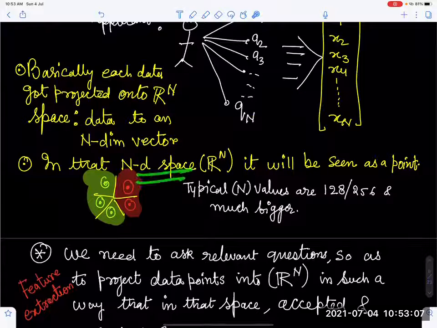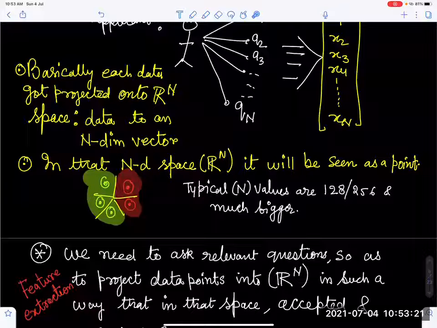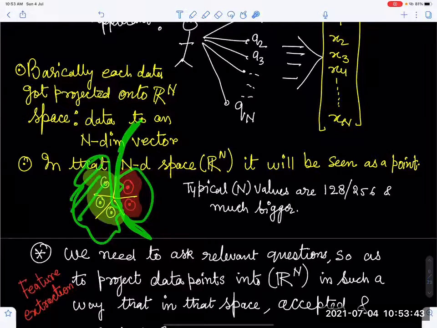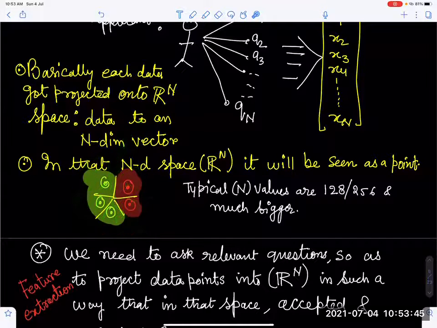In that n-dimensional space, you can see your points like this. Now the question is, if you ask proper questions versus arbitrary questions, then in that n-dimensional space, selected and rejected guys may be intermixed. If I ask proper questions, selected and rejected guys are going to have a proper separation. These are the selected, these may be the rejected. Maybe this is class 1, maybe this is class 2.